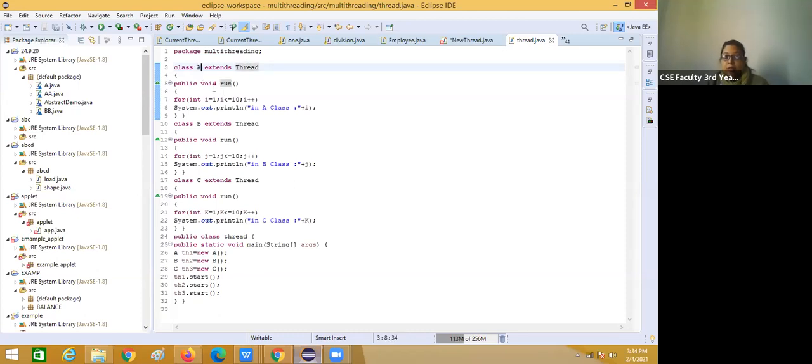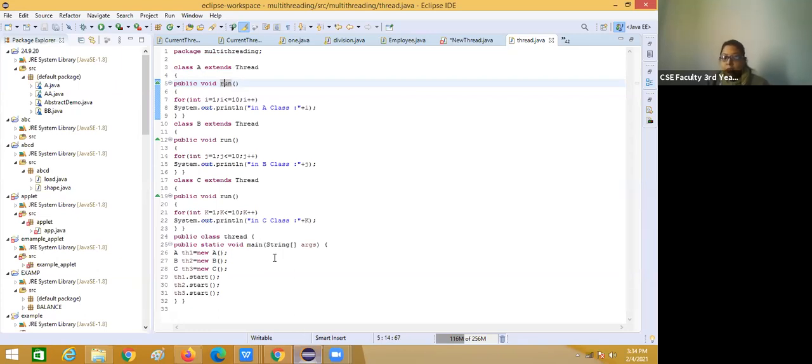So A is going to implement the run method, because without implementing the run method, you cannot start any thread, any child thread. But the main thread does not need to implement run, because it does not extend Thread.